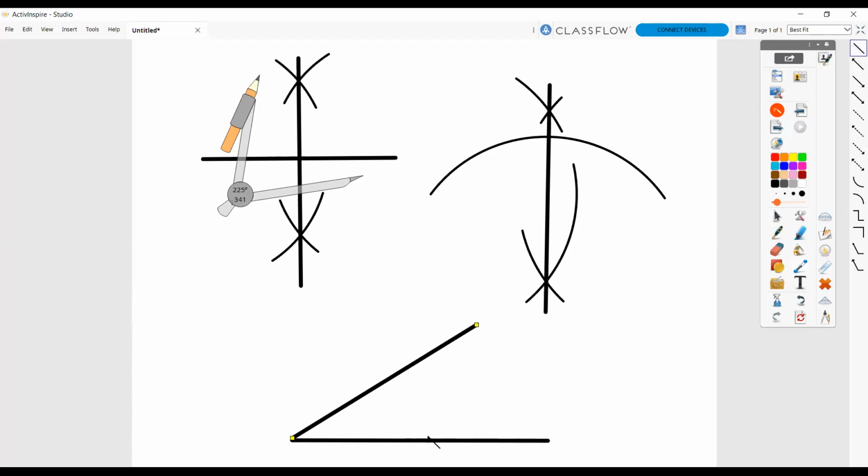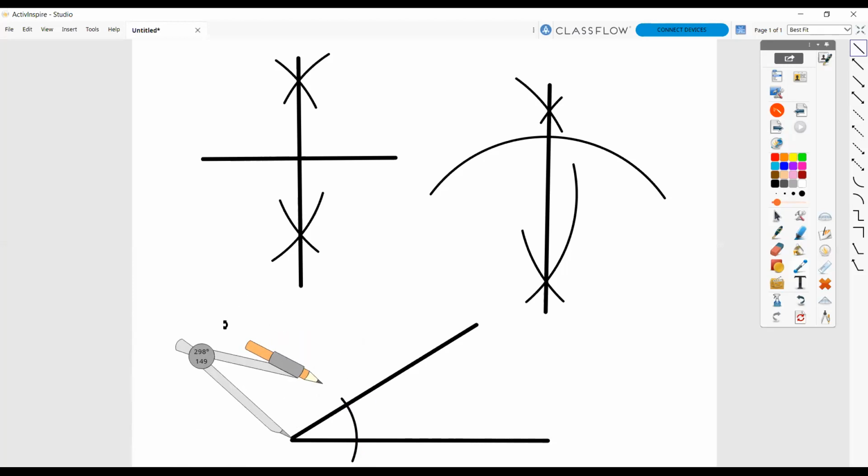Now if I want to make the bisection of this angle, for that you have to take this compass, set the corner over here, then set the width of the compass appropriately. यहाँ पे भी कितनी width रखे वो कोई फिक्स नहीं है, लेकिन एक बार आर्क स्टार्ट करने के बाद वो width आपको फिक्स कर देनी है, उसके बाद चेंज नहीं करना है, right? Once you fix the measurement, don't change it. And draw the arc like this.